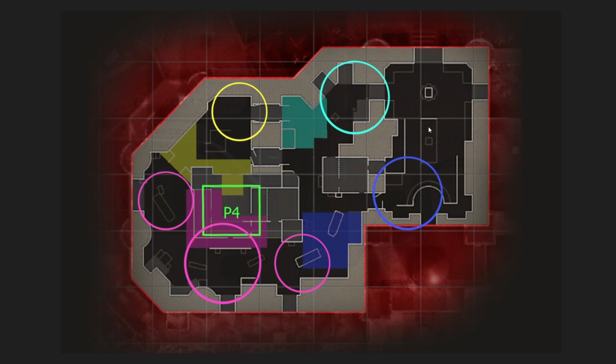So it's going to look very similar to P2 here. So the primary spawns are these purple or pink rings, and you will spawn back 18, street, or maybe P1 if you're lucky. And in order to block those spawns, in order to block your enemy from spawning in those